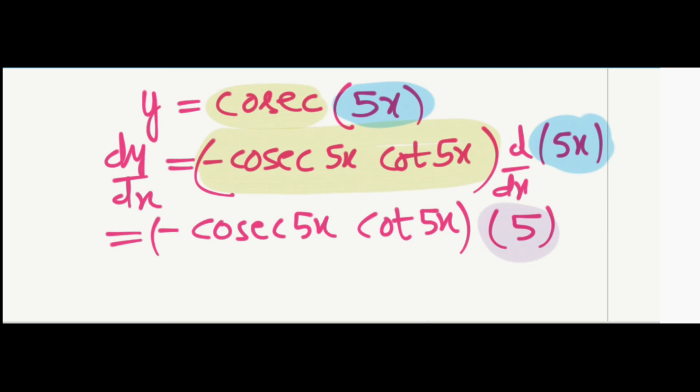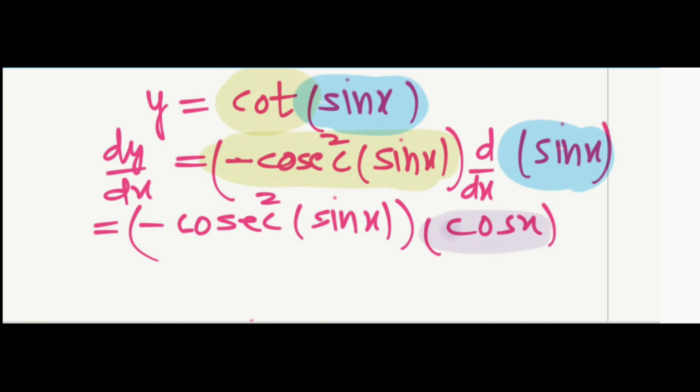So next question, we take the next level. You also try it by yourself. If y equals cot sin x, so again x is not alone, it has the sine function with it, but as you know the mother function is cot x. This has been coded as yellow, and the angle theta, the sin x function, has been coded blue.